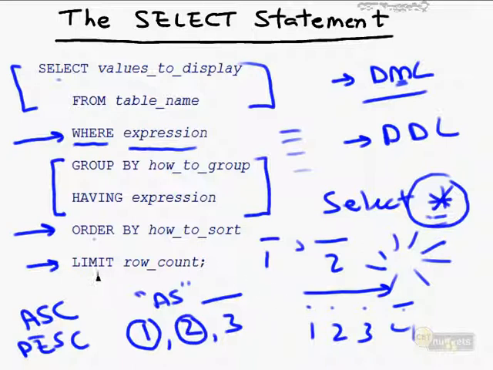Finally, we have this limit statement, which we've used in the past to just put a hard limit on the number of rows that are coming back. Thus far, I've just showed you how to run limit with a single integer afterwards. For instance, if we do a select star from employees limit 10, we're going to get the first 10 records from that row set. However, what if we wanted to see records 20 through 30? How would we do that? Well, I'll show you in the demo, but I'll let the cat out of the bag right now